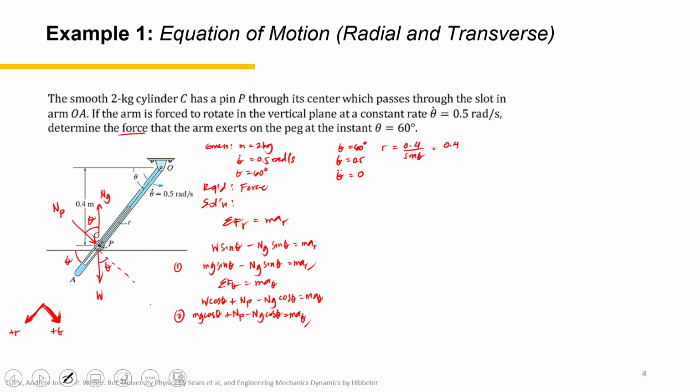Or 0.4 secant theta. So that is the expression for r in terms of theta. Now we can solve for r dot and r double dot by differentiating the function. So first for r dot, we have 0.4, and the derivative of cosecant theta is equal to negative cosecant theta cotangent theta, times the derivative of the angle itself, which is theta dot. Okay, so we have three variables. We have cosecant theta, cotangent theta, and the